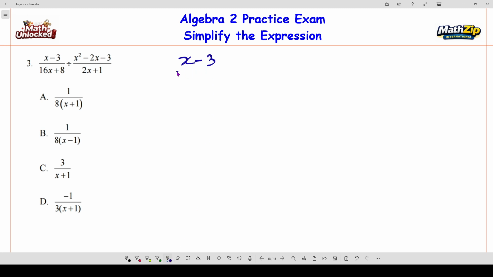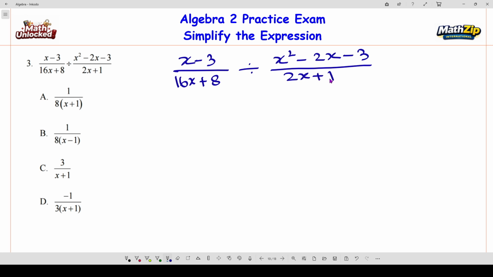Question 3, we are going to simplify x minus 3 divided by 6x plus 8, divided by x squared minus 2x minus 3 divided by 2x plus 1. So what will be the result? We have options A, B, C, D. We have to find out the correct one first. x minus 3 will be unchanged, and from 6x plus 8, from these two terms we can take common 2, and we will get 2 times 3x plus 4